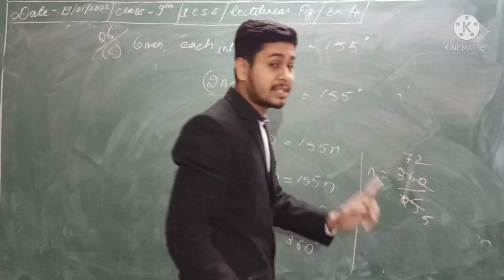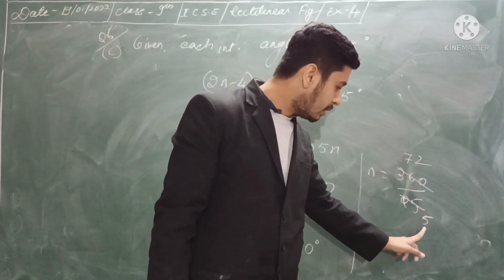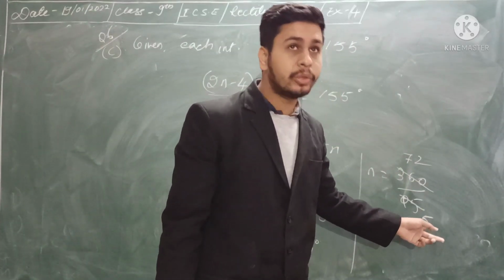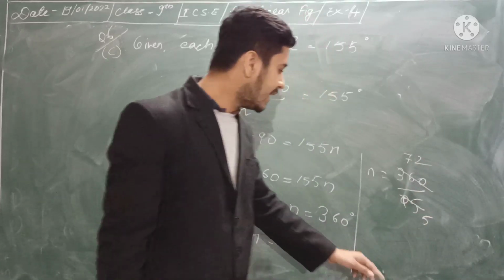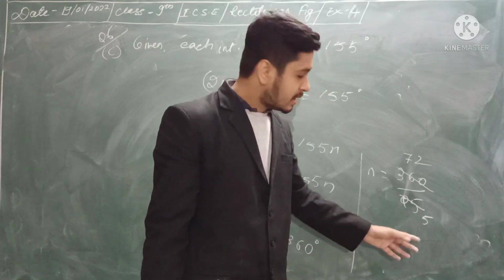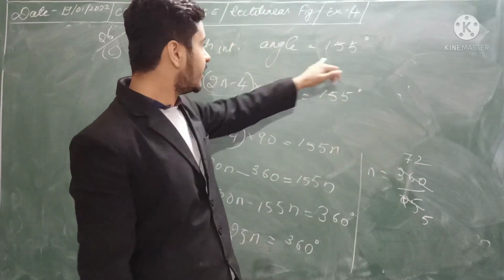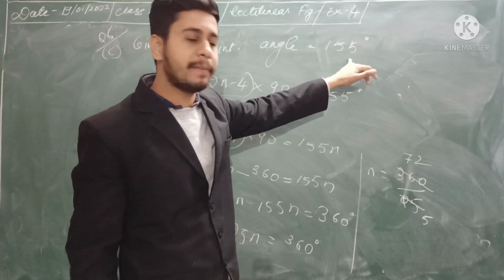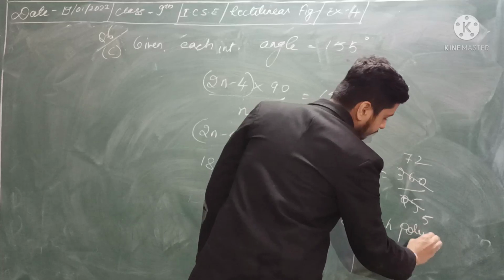Now 72 is not divisible by 5. You can see now that it is 72 upon 5. As I told you, n cannot be a fraction or decimal of this type. So we'll end up saying that such a polygon does not exist, having each interior angle 155 degrees. Okay. So at last you will write,